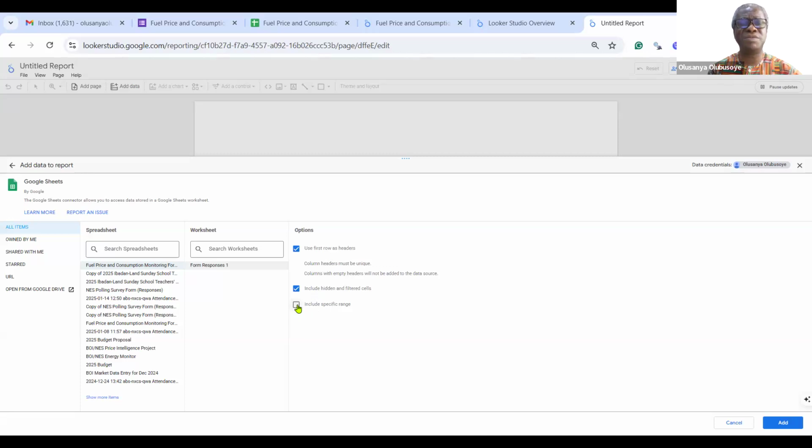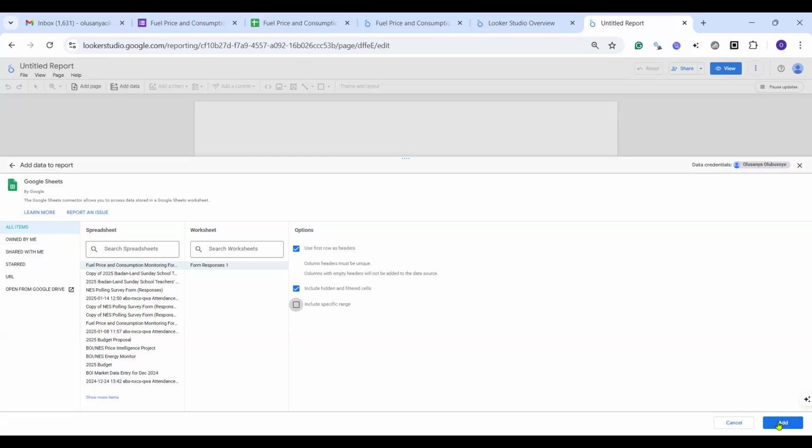Again, you can choose a specific range if you don't want to include all the columns and all the rows in your data. You can choose the range of data you want to include. But if you are using the entire data set, then you just leave that box unchecked.